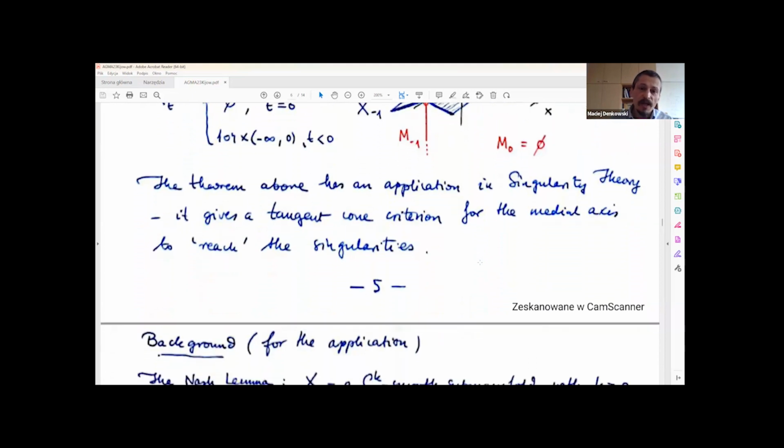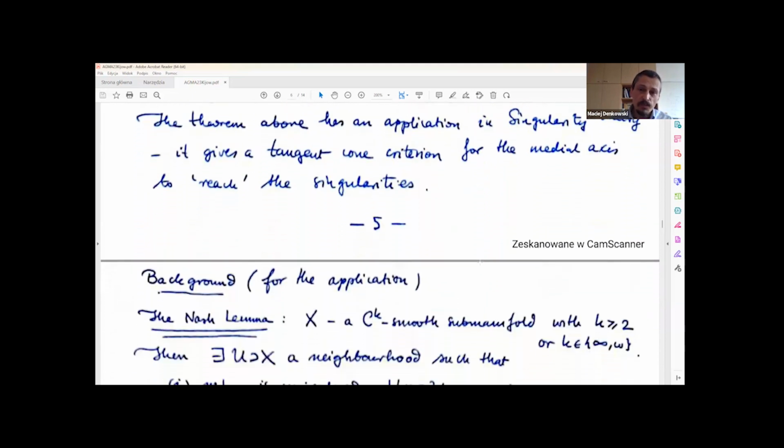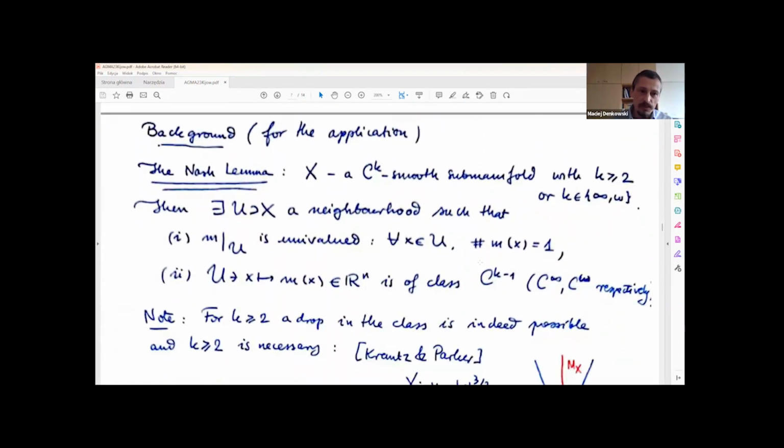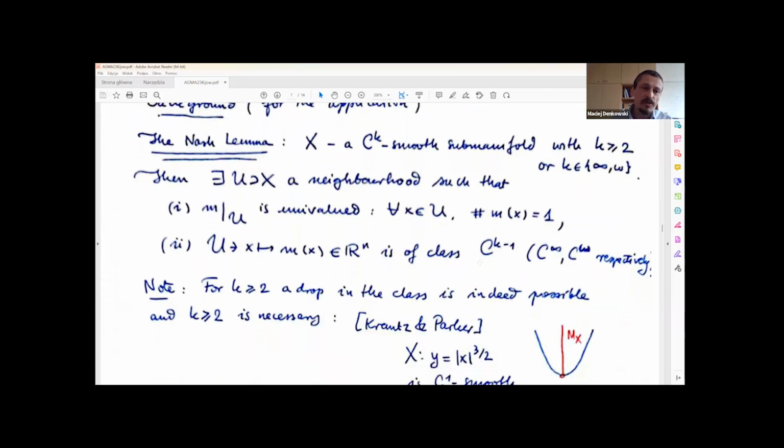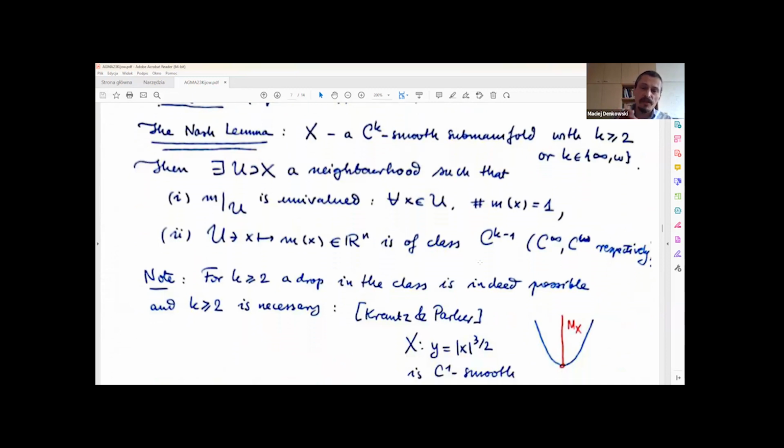So the theorem that we have here, as I said, had as its first motivation singularity theory, and I will show you the application. But first, some background for the application. It is known since Nash that when you have a smooth submanifold, where smooth means C^k smooth for k at least equal to 2, k could be infinite or omega, meaning analytic,